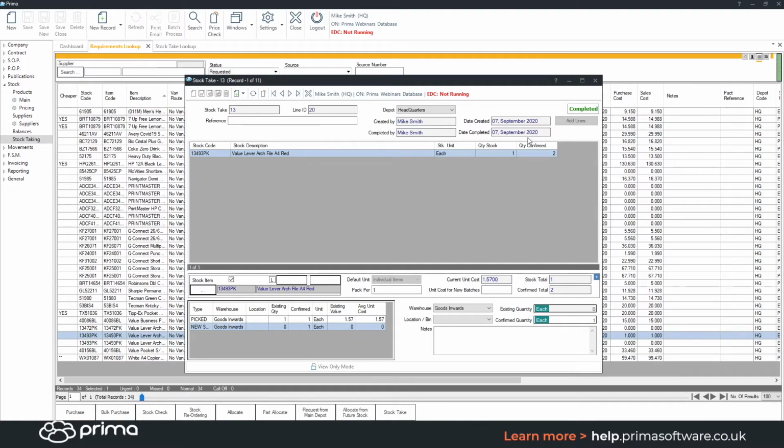The final thing that we're going to cover today is the stock take import template, which is the latest addition in Prima. This will massively help when it comes to the end of year stock takes if you're a dealer who holds a fair size amount of stock. So this will make life a lot easier when you're doing your stock takes to get it back into the system, rather than having to manually enter it. So if we just use this import template,